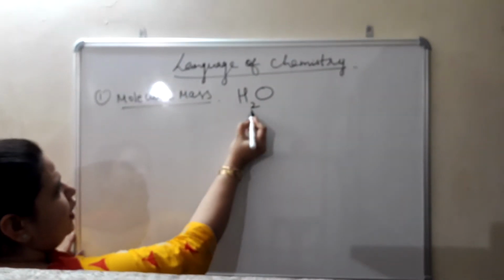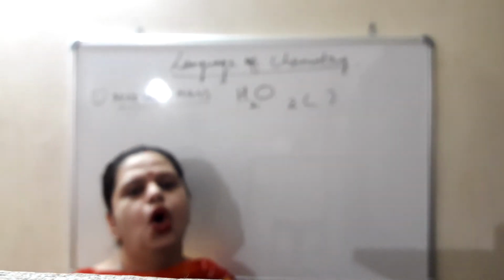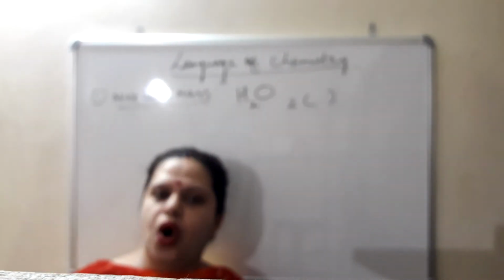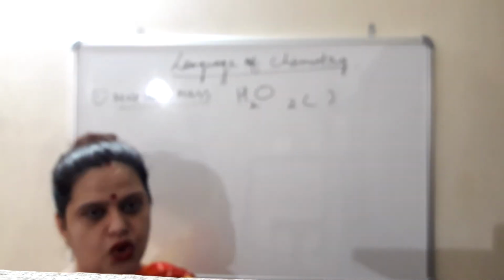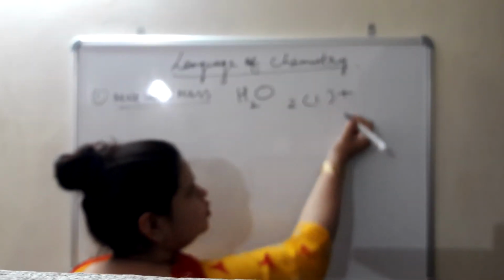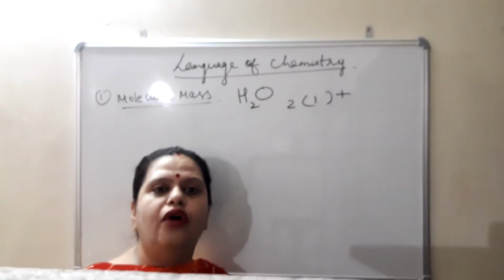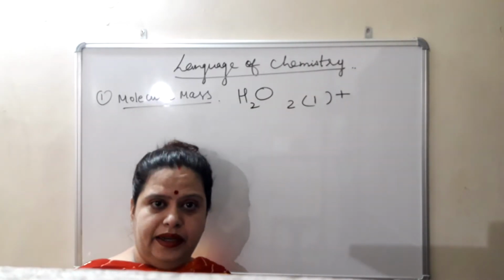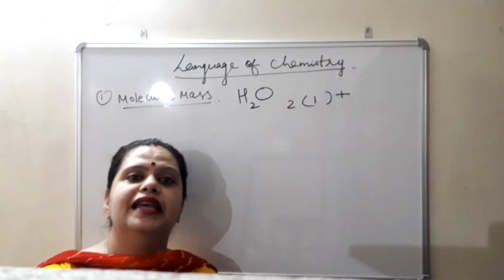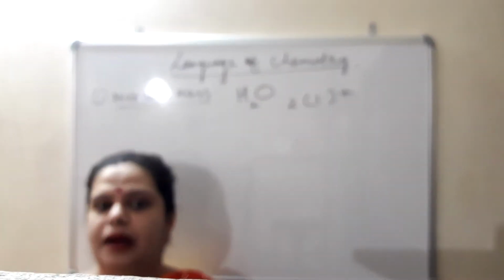How will we calculate? First of all, how many atoms of hydrogen are present? 2. So 2 multiplied by the mass number. Hydrogen is the first element of the periodic table, whose atomic number is 1 and mass number is also 1. So that is multiplied by the mass number, plus. Why am I using this sign? Because here we have to find out the total mass of this compound, and the total weight or molecular mass of this compound is equal to the weight of all the elements which are present in this compound.